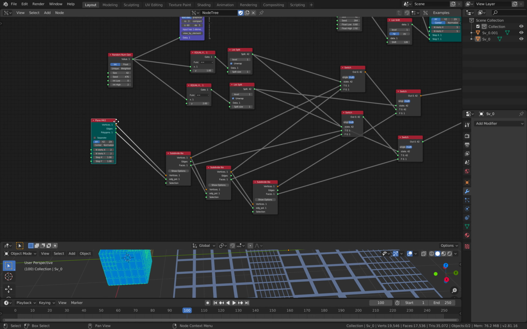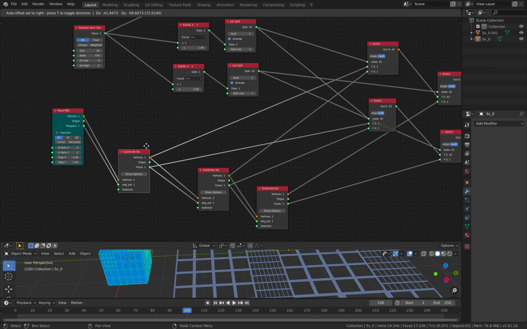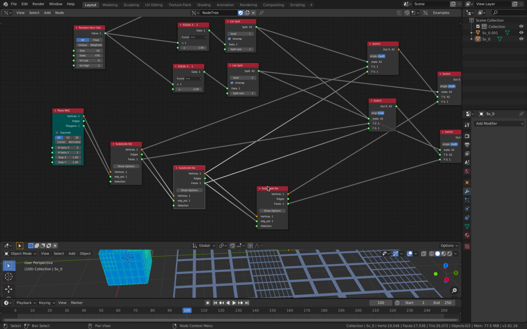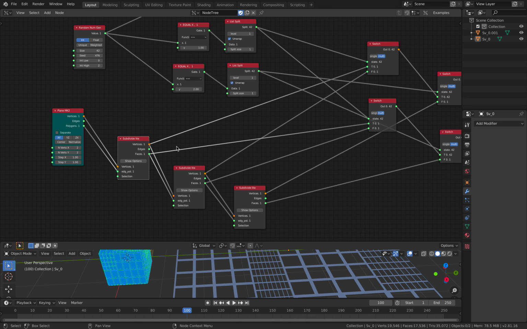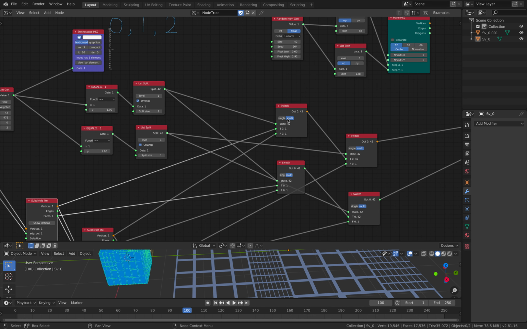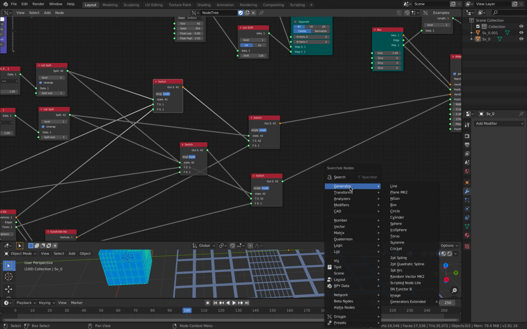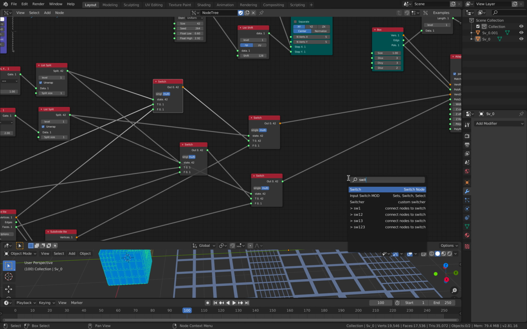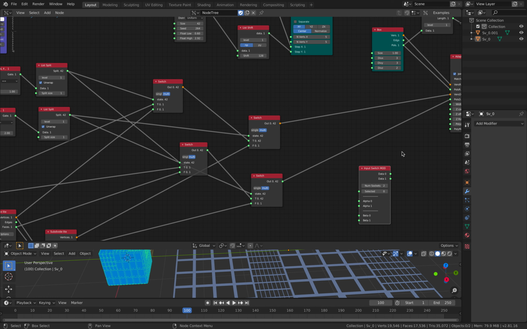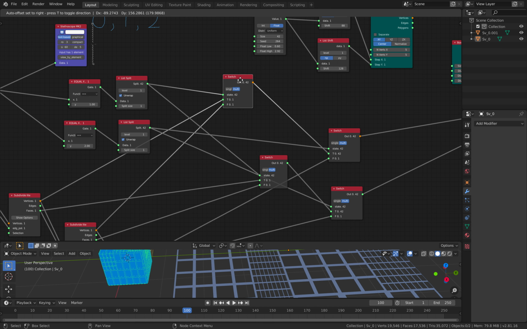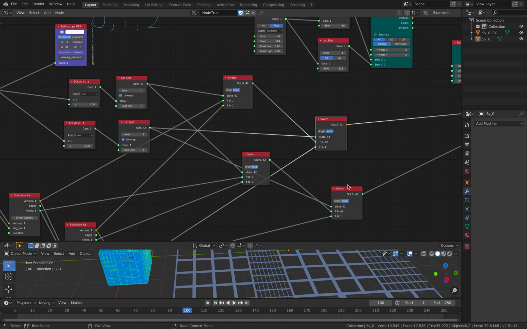So I start with this plane, and I have subdivision 1, and then 2, and 3, and then each one of them becomes like this switch. Sverchok actually has a switch node that's supposed to be a little bit more compact, which is this guy, but this one doesn't work as well in 2.8 yet. You need to go back to 2.79, and this works really well. But in this case, I'm just going to be using this multiple switch node,